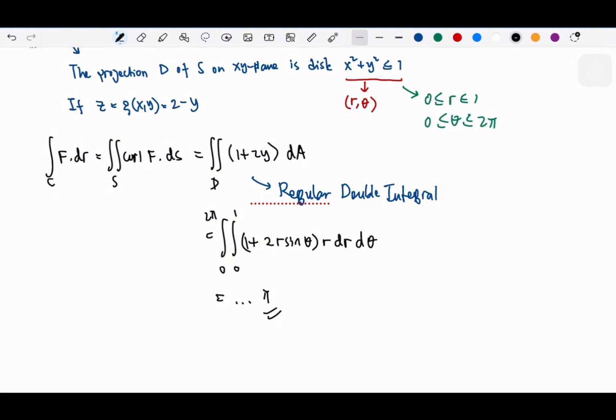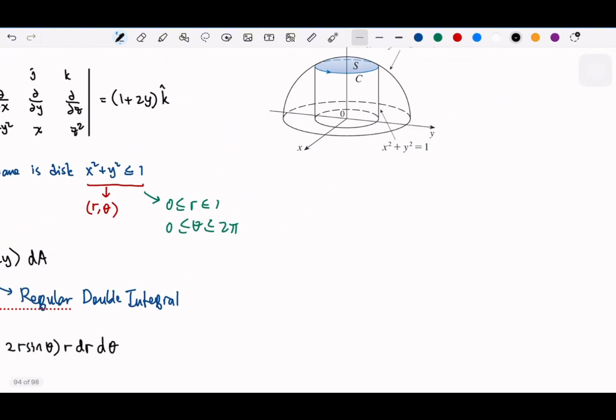Okay, if we have time, I think we can tackle some problems from the previous one, and then move over to Stokes. Okay, now